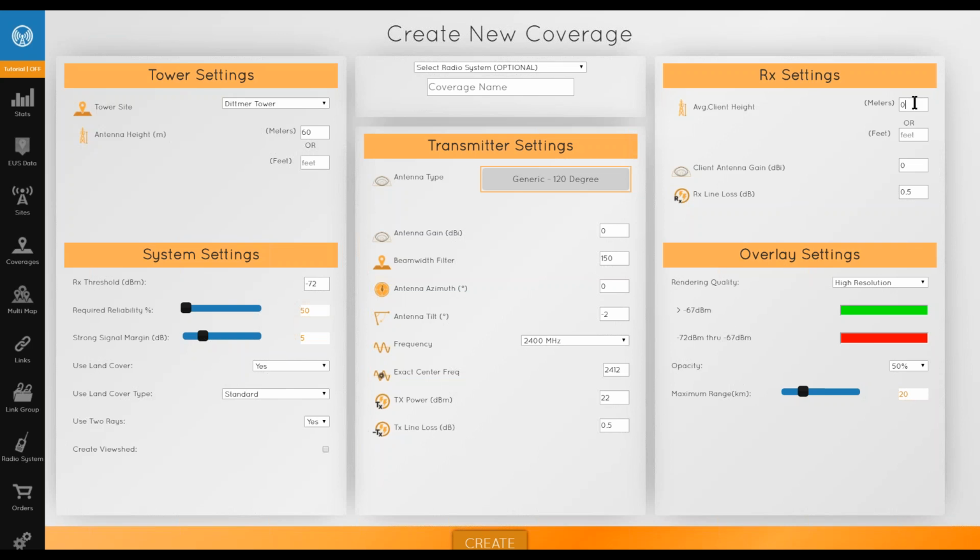Your average client antenna height up here in the RX setting, this is the average height that you install your customers off of this sector. So if it's a neighborhood of one-story ranches that this coverage is pointing at, you're going to put it at 5 or 6 meters. If it's a 2-3 story subdivision, then you're going to set that accordingly. You put that at 8 or 10 meters,